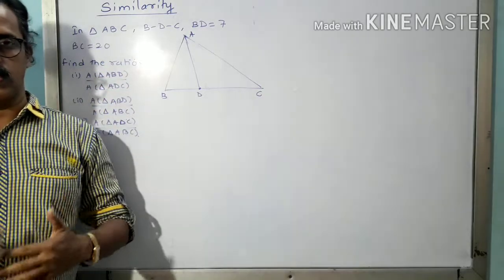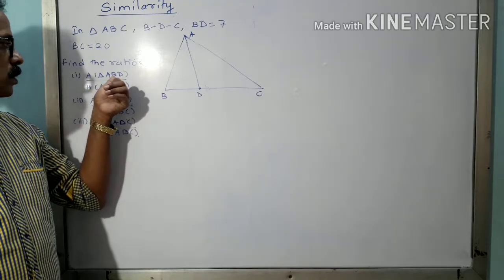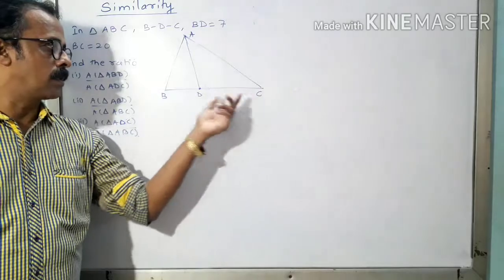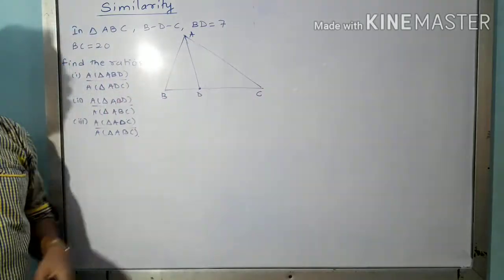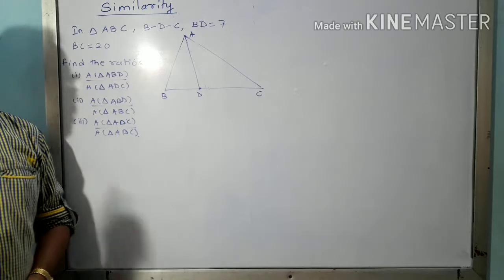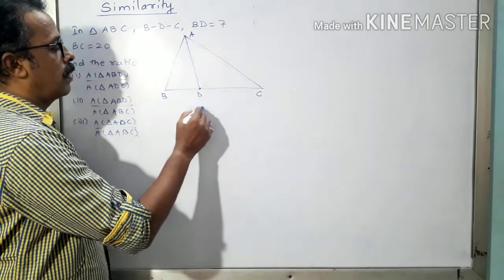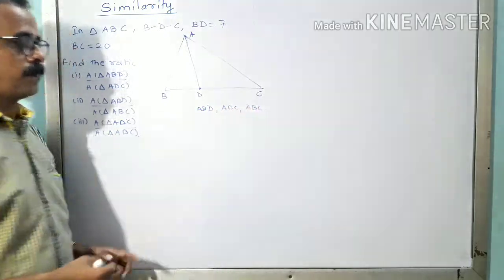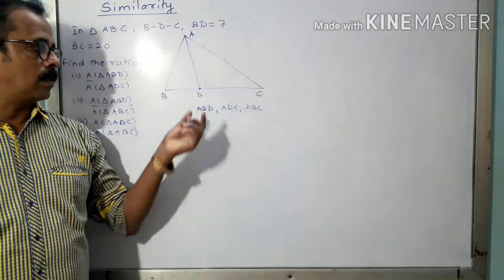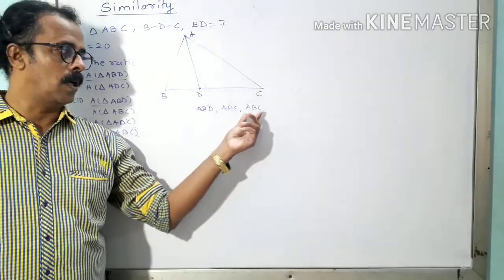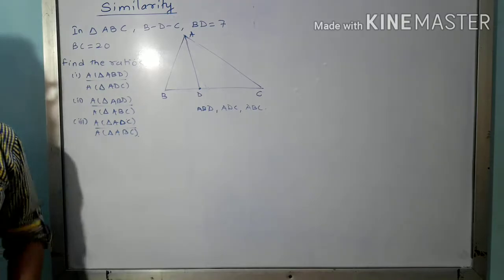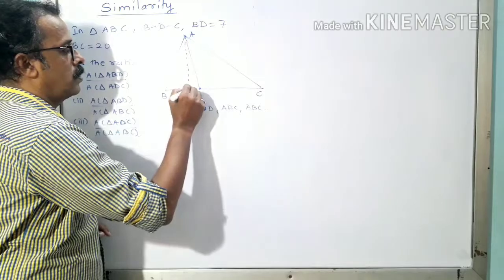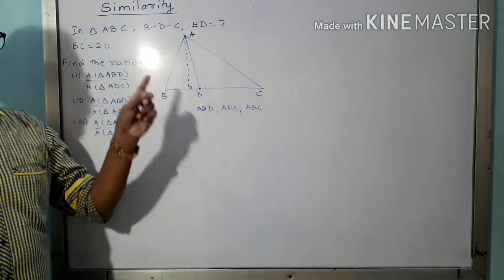Now first, before going for that particular question, what question is given to you? ABD upon ADC, ABD upon ADC. ADC means this, but if you observe all the triangles, there are a total of 3 triangles given in your question. Which are the 3 triangles? Triangle ABD, triangle ADC, triangle ABC. Okay, if you observe from the figure, triangle ABD, triangle ADC and triangle ABC all will have the same height. You try to draw the height on your own, so you will understand the question immediately. So it is understood that they are having the equal height.